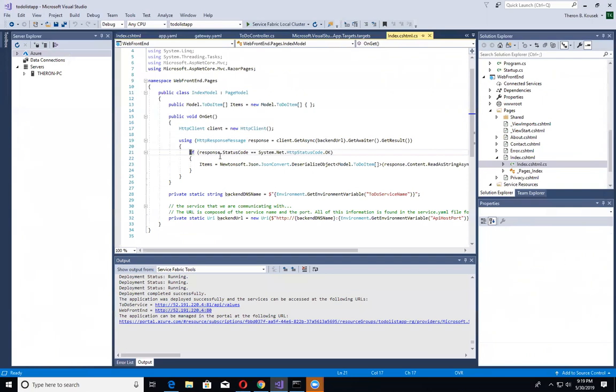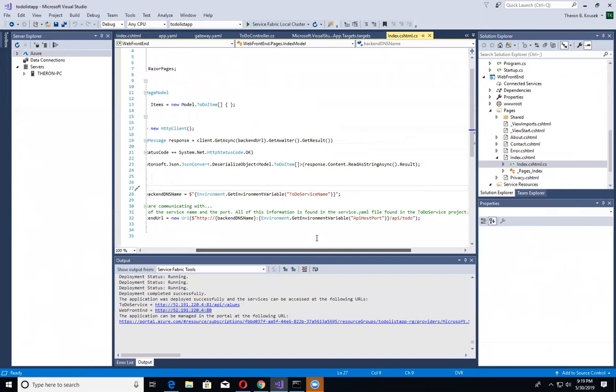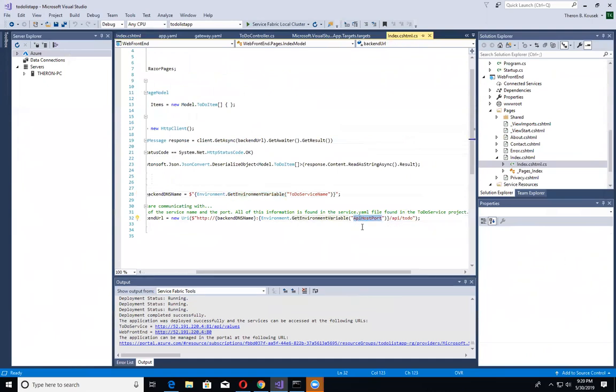When the page is being returned back to the client, it's actually going to go ahead and make this call to the back-end service. So it's calling the actual to-do service. And if you take a look at here, it's kind of cool, but you can get environment variables. As you can see right here, we've got these environment variables of API host port, and here's the actual endpoint, the API to-do,